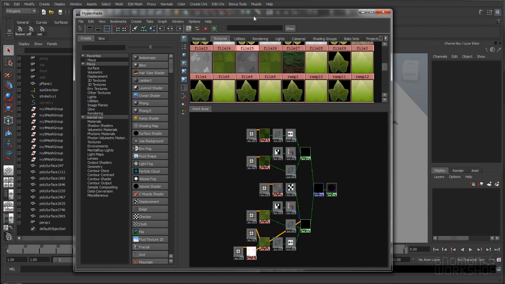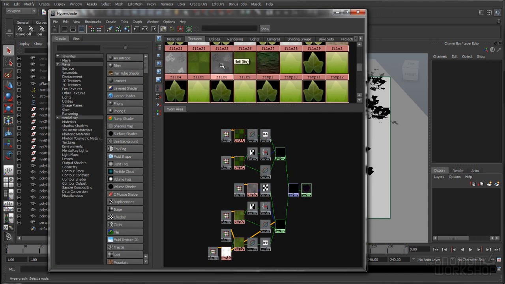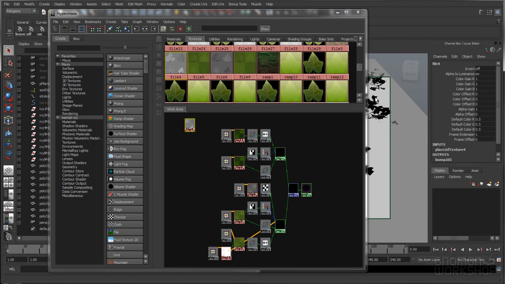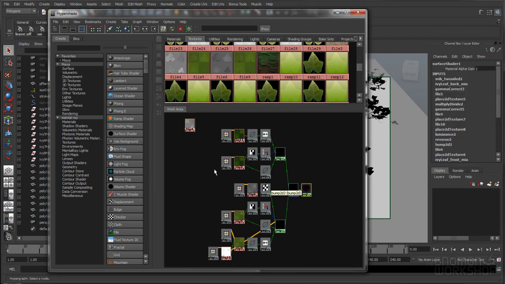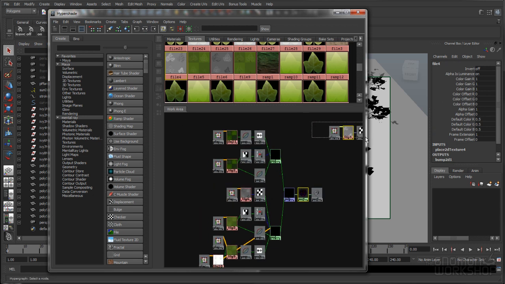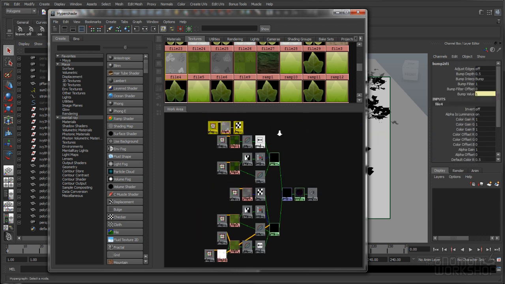And so this is the front of the leaf. So I want to find the texture that corresponds to the front. So this is the back. So that's what I want right there, is that node. And this already has a bump 2D node connected to it. So if I just go and do input output, I can see there's my bump 2D node that we had